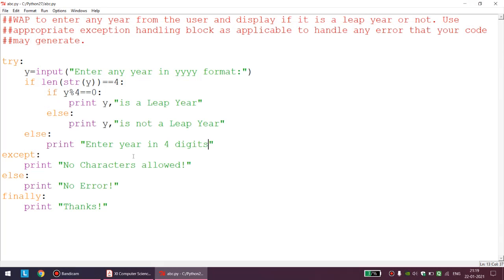I could have handled the alphabet entry part here also, but then there would have been no use of this. So intentionally I did not handle it, although it was very easy. I just had to put one condition of isalpha. But I wanted to check whether the exception handling block works or not, and that is the reason. Initially I thought I would not handle length either, but then my program was logically going very wrong. That is the reason I decided to handle the length part. Please make sure the programs are written properly.